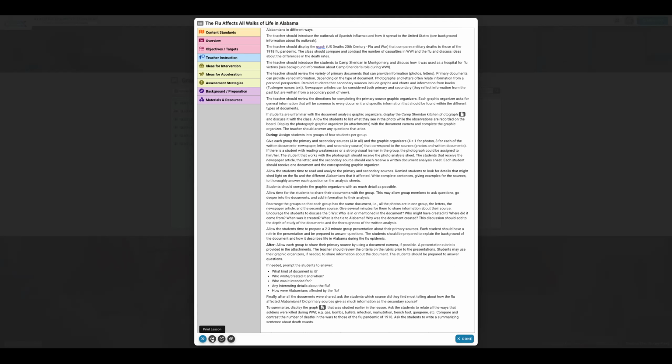If you would like to print any lesson plans or mini lessons out, you have the option to print. All you have to do is click that printer icon. You can also open it up in a new window, if you wanted this in a new tab or a new window. If you would like to share this with somebody else, you can copy this lesson link to clipboard. You can text it or email it or share it with someone else so they can access it as well.